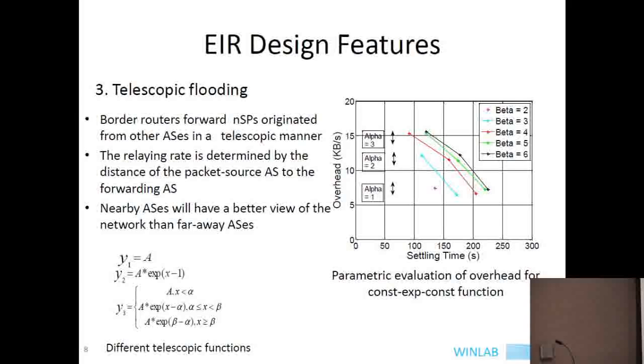So if you keep increasing beta, which is you move this side, you have a low overhead, but at the same time, it takes a lot of time for all the routing tables to saturate. On the other hand, if you start increasing alpha, the routing tables settle down very fast, but then there's a high overhead in the system. So you want to keep the telescoping function such that there's not so much overhead, as well as fast settling. It's a trade-off basically between overhead and how fast the routing tables settle down.